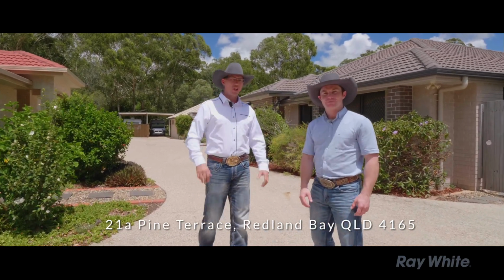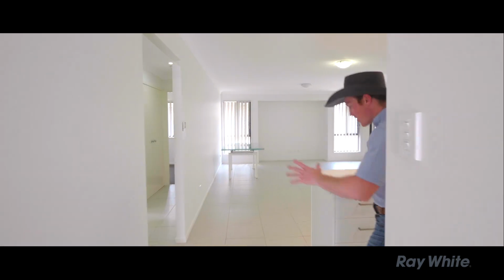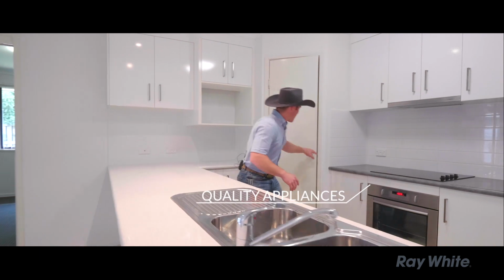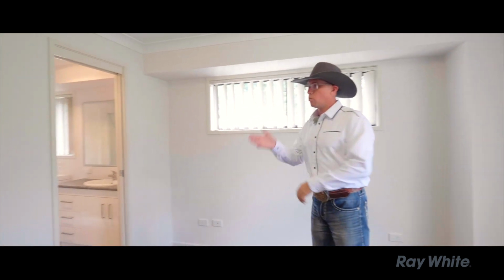21A Pine Terrace. Lots of features, let's get inside. To start with, it's nice and open off of the kitchen. It's got quality appliances, a nice spacious pantry. The master's of a good size, another air conditioner, ensuite, walk-in robe, carpeted through all the bedrooms and in the